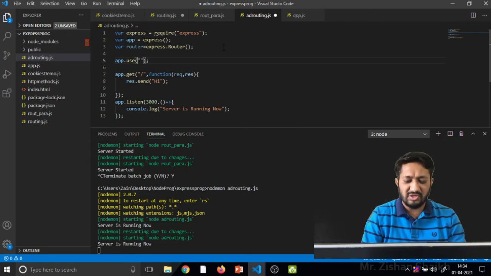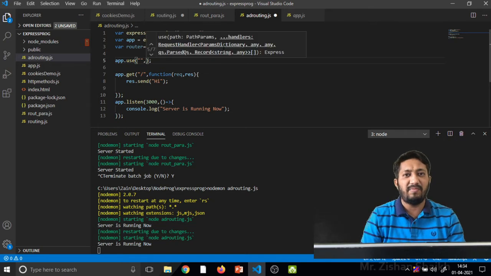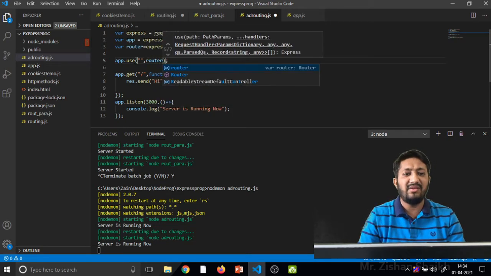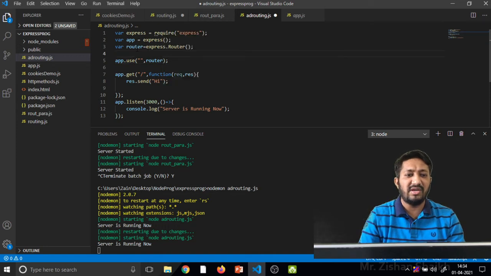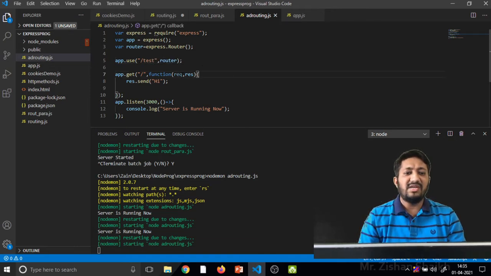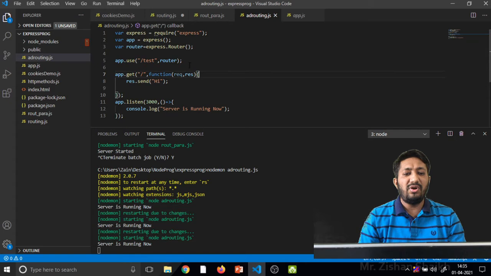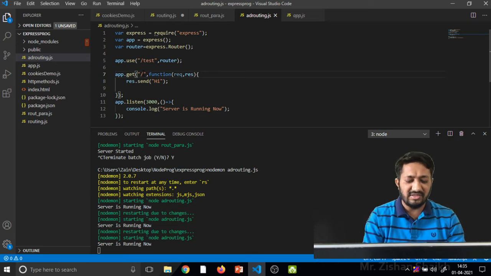In the first parameter we pass the particular path, and in the second parameter we have to pass the variable where the router is configured, so it is the router variable. For example, here I am passing the path that is the test path. Now what change is required? If I want to say that my default path is test, then whenever the path changes after that, the path is adjusted according to that. For example, my path is here path 1.